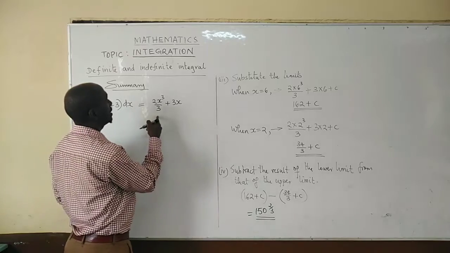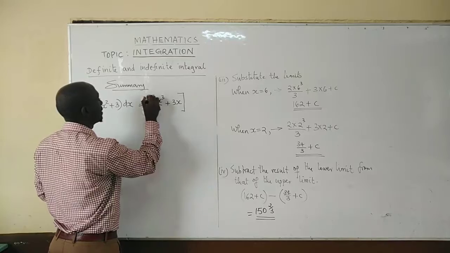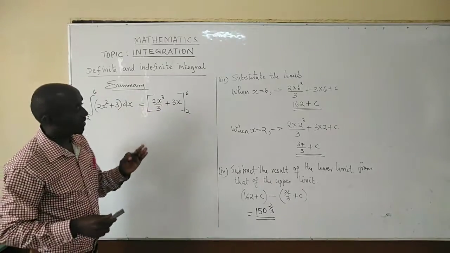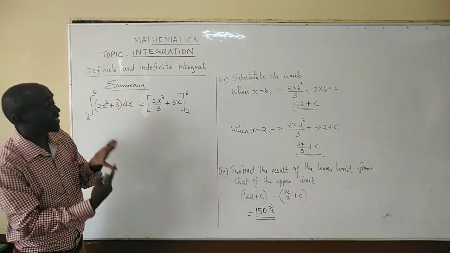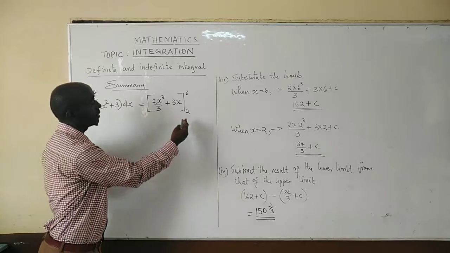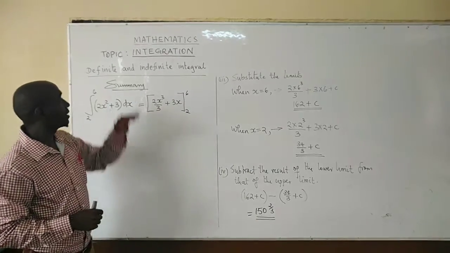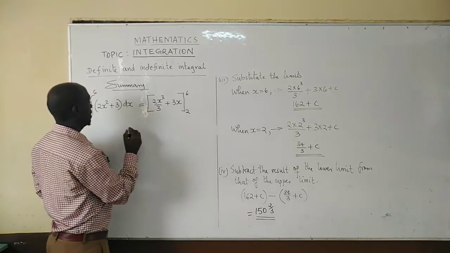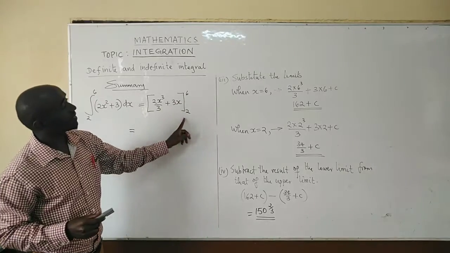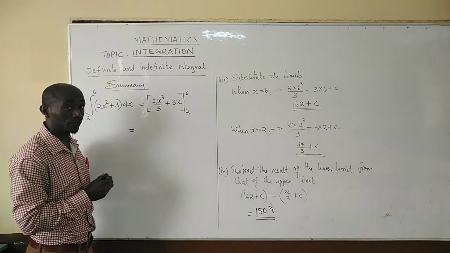So you just integrate up to this point. Put in square brackets, insert limits. So we have combined here the first 2 steps. We've integrated, we've inserted the square brackets, and also we have inserted the limits. So that is a summary. Then from there, the next step is substitute the limits. You can substitute both of them, like I'm going to show you, to make it simpler.